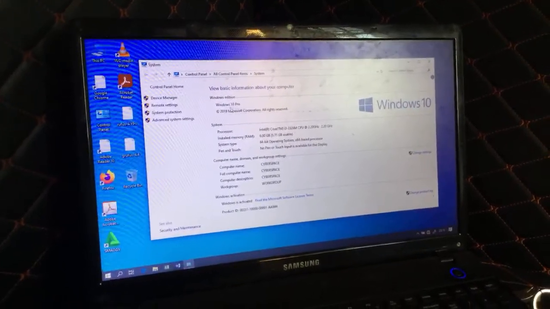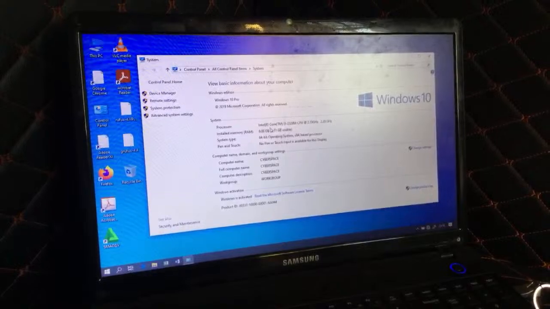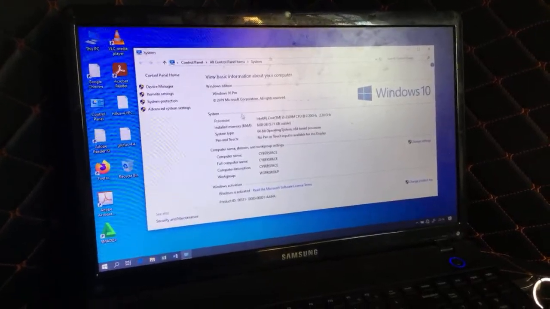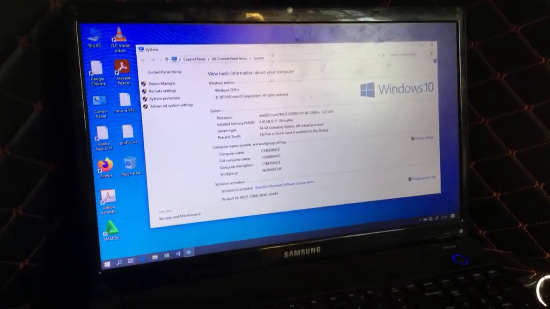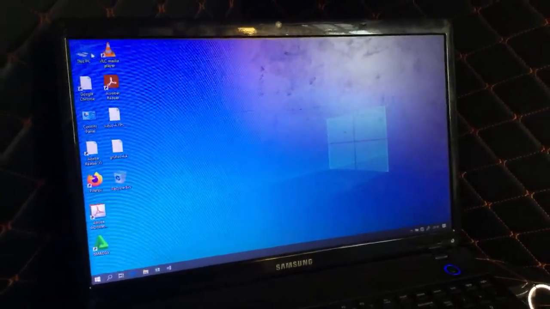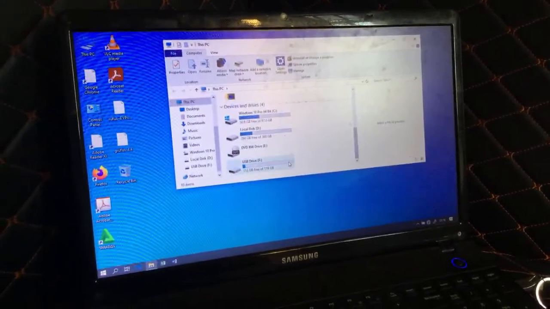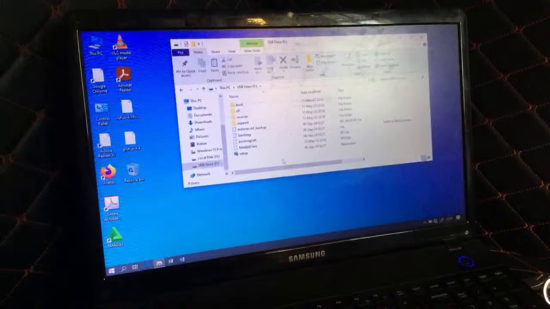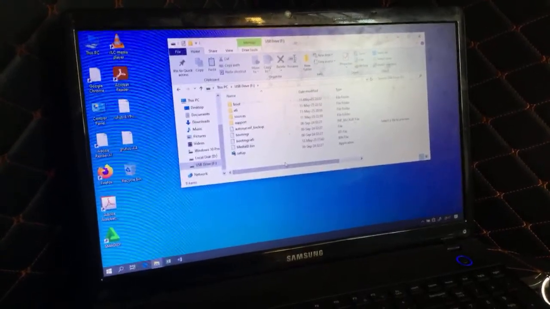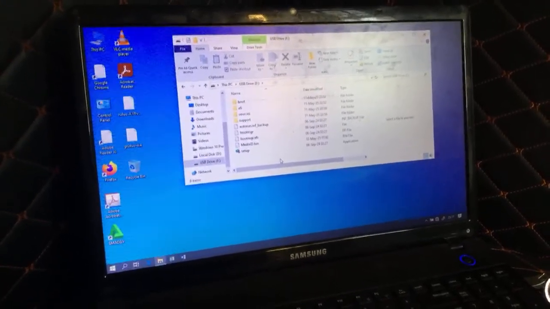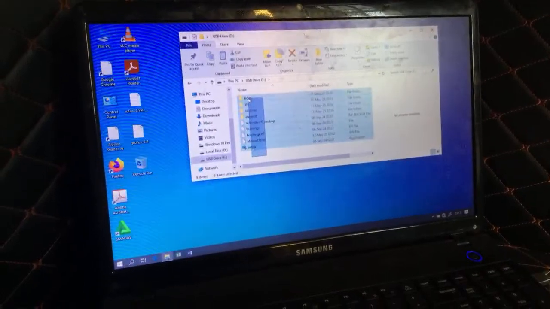10 Pro, the 2019 one. So what we're going to do here, I want you to go ahead and download the Windows files. In our case, we happen to have our USB here. So when you have your USB with Windows, or you have an ISO with Windows 11, so what I'm going